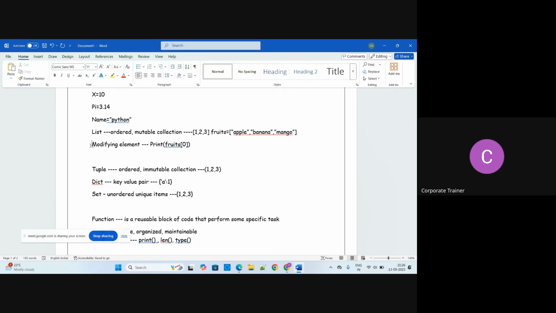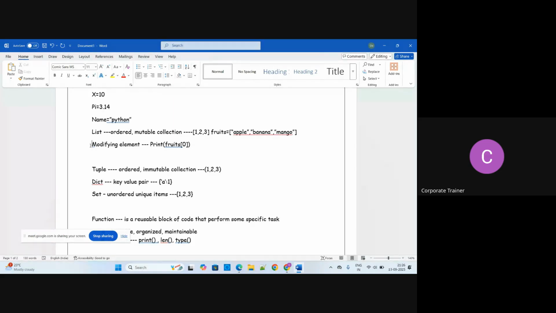You might be using append, which means if you want to add something. Insert is if you want to insert at a new position. Remove means if you want to remove by value, and pop means you want to remove the last item.